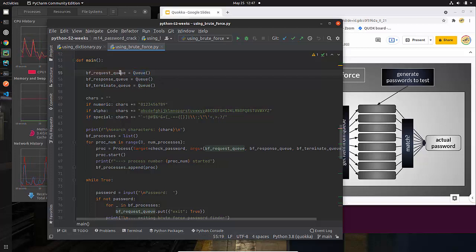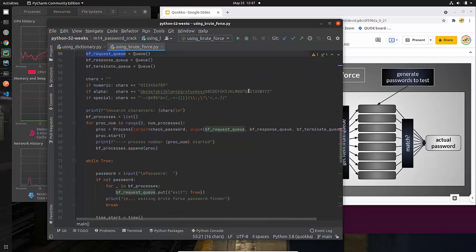The main one that we want to look at right now is this request queue. So what is this request queue used for? Well, if you're an eagle eye, you can see it's something I pass in when I create this process. We'll come back to my process creation in a minute, but this is basically the same thing that we did with threads. We created a thread and then we started it.